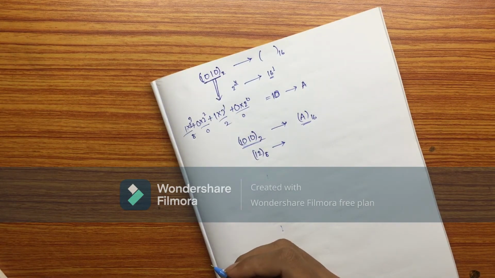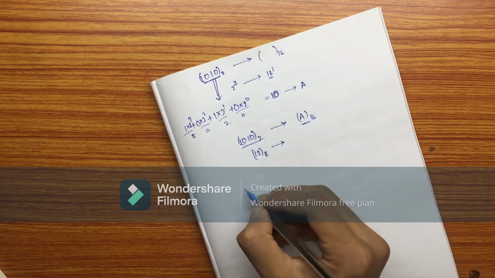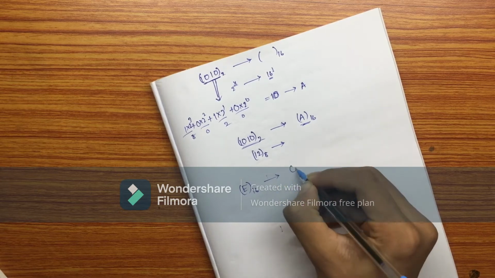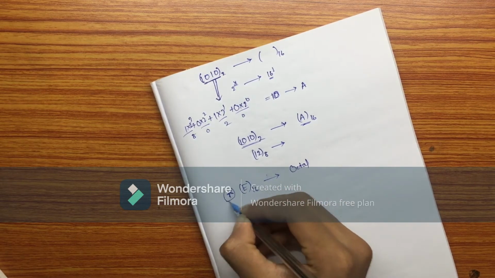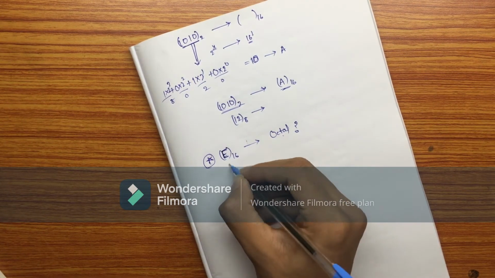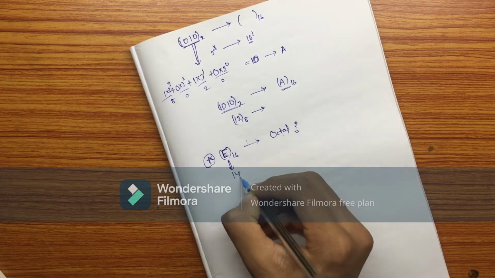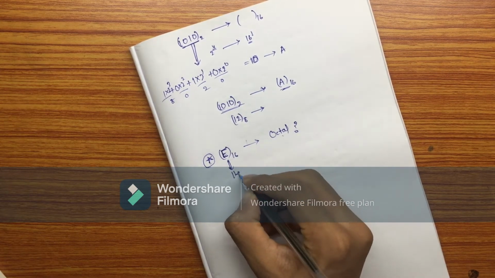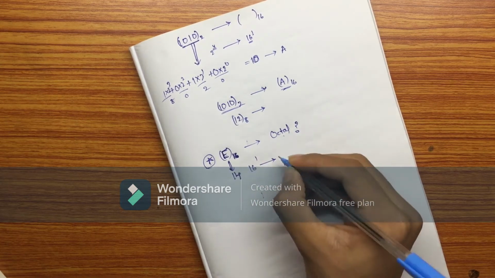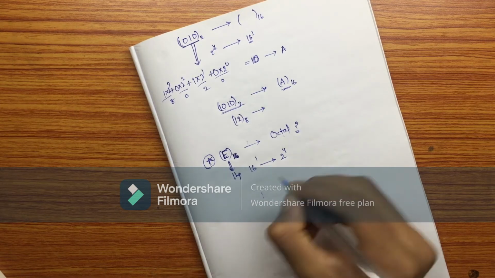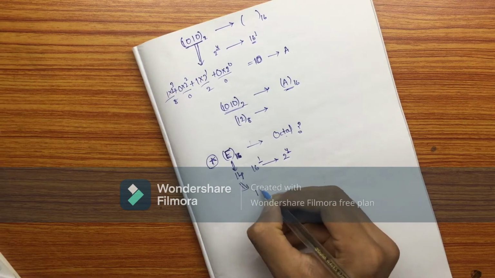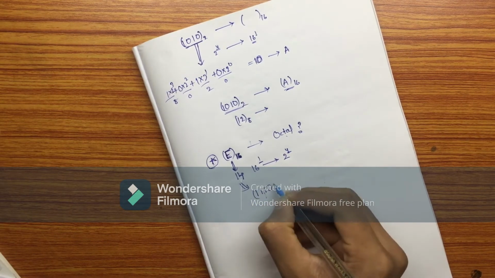Similarly, the reverse process also. Suppose E in hexadecimal is given, and they ask us to convert it into octal. Then what we have to do? I will take this E. What is the value of E? E is 14. So for this 14, see 16 power 1 is equal to 2 power 4, okay, so 1 digit is represented in 4 bits. Then 1110 in binary.